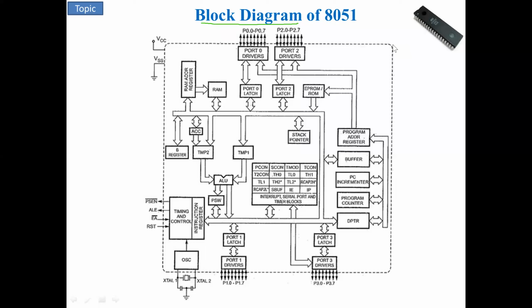So for example, if you take an 8051 IC, this is a simple IC, how does it look? There are different types of IC. A few ICs will be in square shape, a few will be in rectangular shape. But internally, the operation will be the same, right? For example, we take 8051, which is a 40 pin IC. It has 20 pins on one side and another 20 pins on the other side.